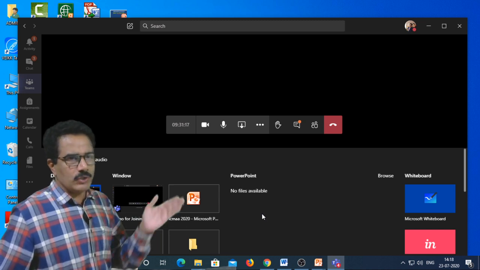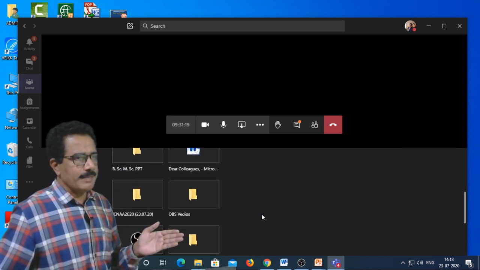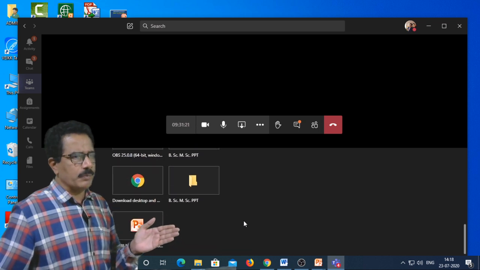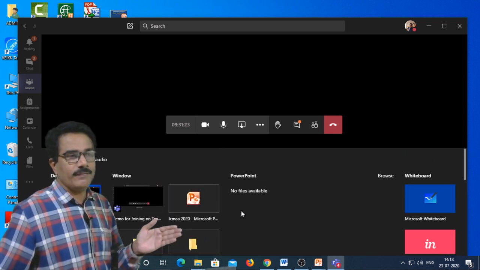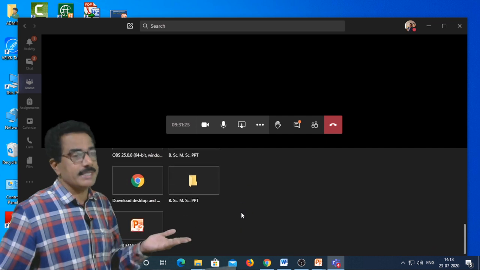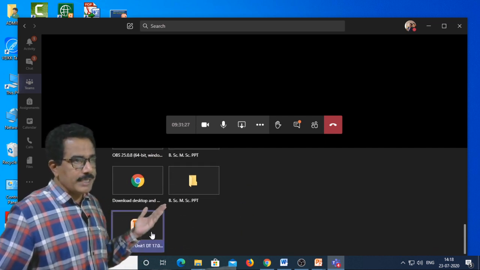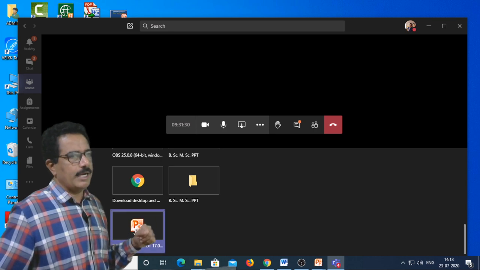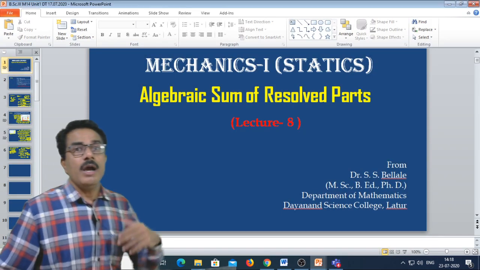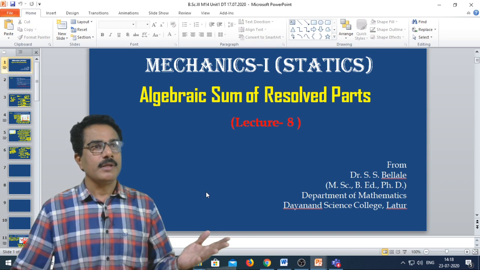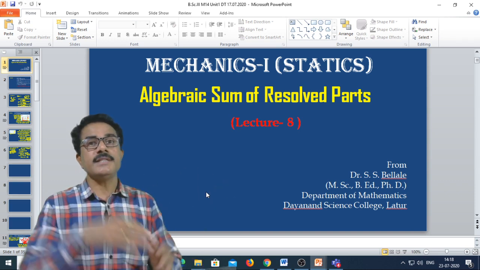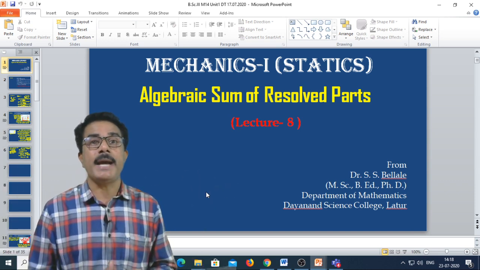If I want to present some file, see this, I want to present this file. There are different files which are minimized here. If I want to present this file, then you have to click this. After double clicking, your screen is already shared for the participants.